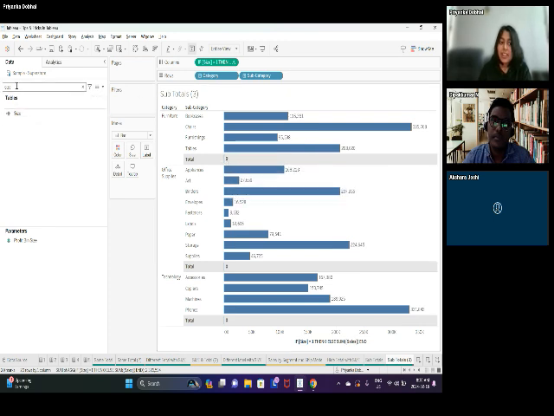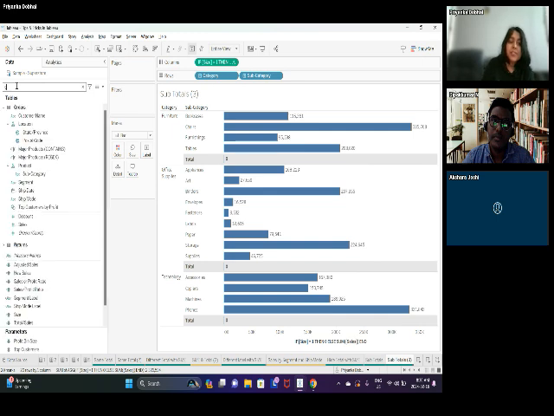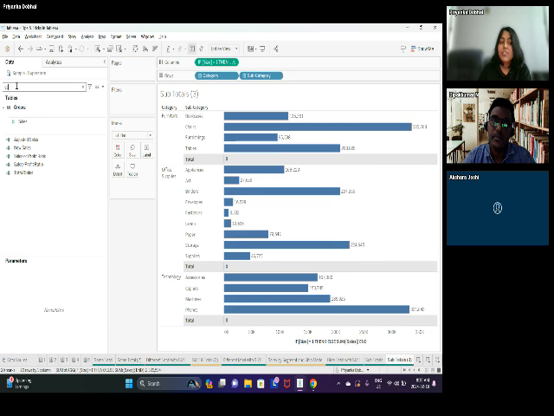To get that part here, what you can do is just go and get the sales. So if I come back to my data pane and drag my sales onto the label, I can show the label as the actual sales number. So I tackled the column length using my size function because I don't want to see the total bar length, but I can show the actual number itself.